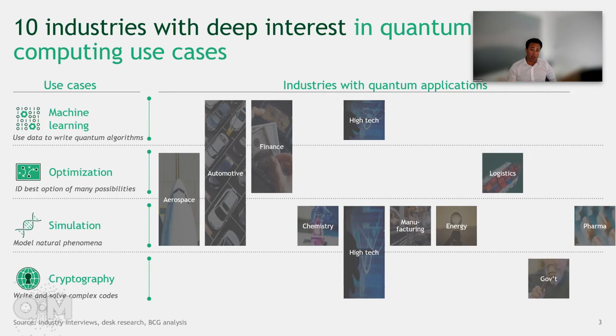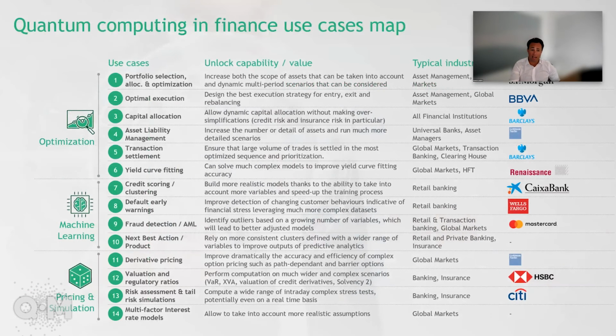The other thing I want to note is that in these core industries, where there are well-established use cases, the interest is getting deeper and deeper. Nowhere more so than in finance, where finance companies are hiring directly to address many of these use cases. We've listed 15 or 20 use cases here, but there are any number under active exploration by the likes of JP Morgan, Goldman Sachs, Barclays, et cetera.